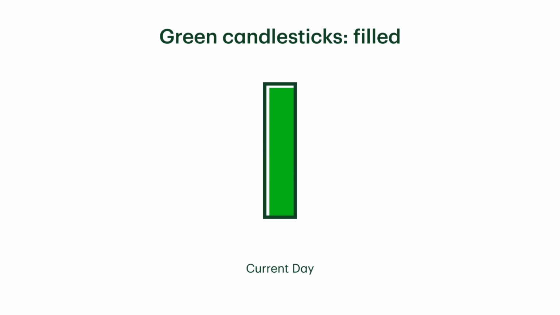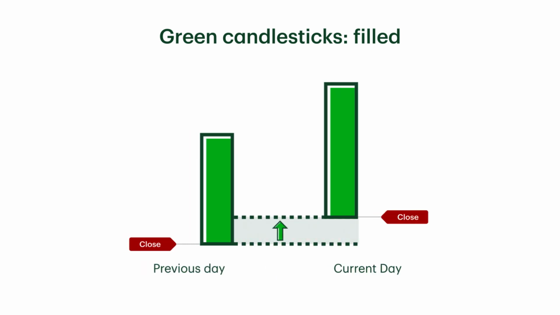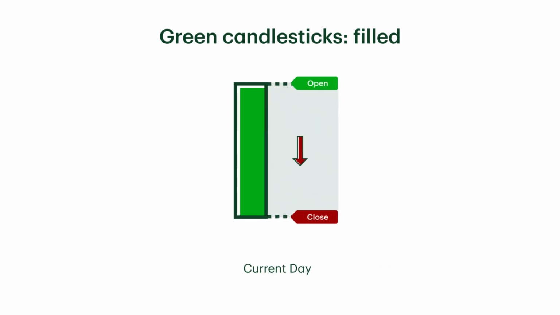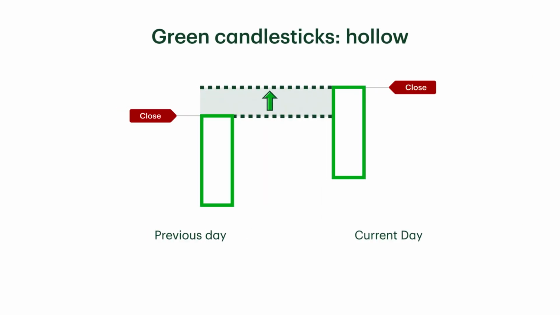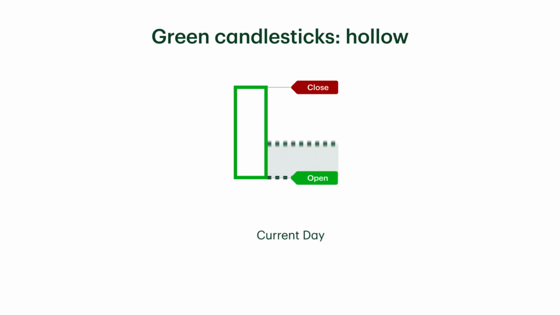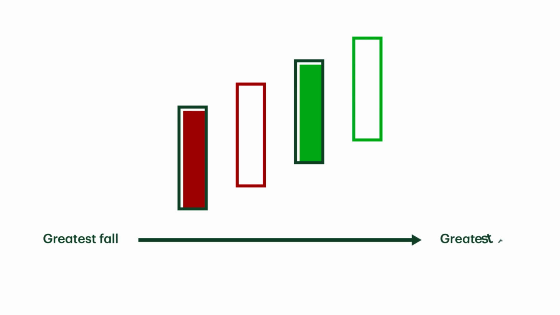When a green candlestick is filled, it means that its closing price was higher than the previous day's closing price, but lower than today's opening price. When it's hollow, it means that the closing price was higher than the previous day's closing price and higher than today's opening price. It can help to visualize them in a range, going from the greatest fall to the greatest